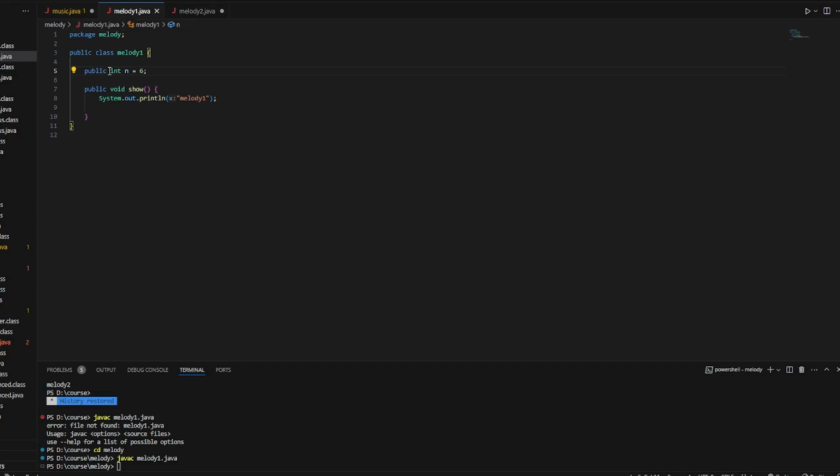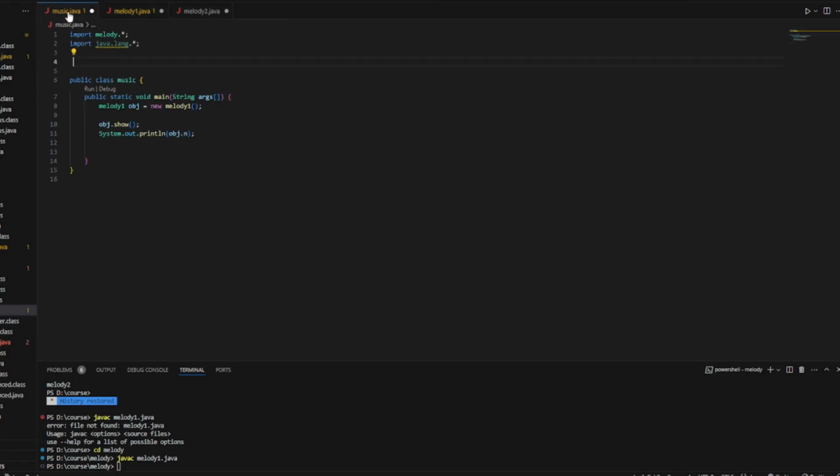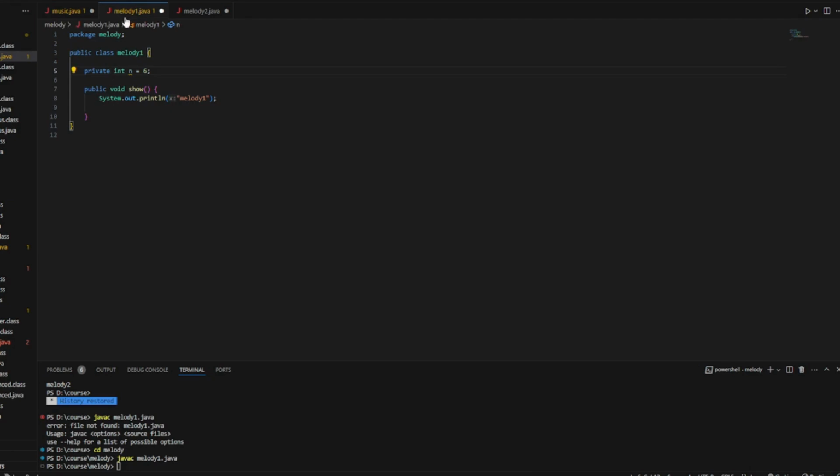Now what happens if I change this variable to private is, irrespective of the package, it can be accessed only within the class. It cannot even be accessed in Melody 2. Now music.java is outside the package, so it's showing me an error. I've just removed that. Let me also show it here.